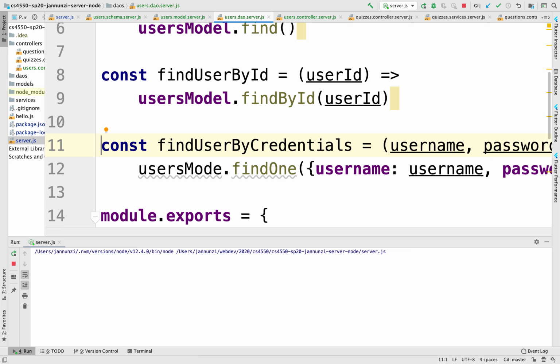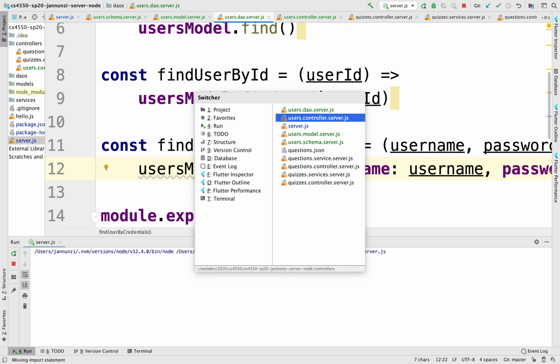Here we have a find user by credential. We know there's only one user that is going to have that username, so we use the findOne to just return that one single document. So let's expose this in an